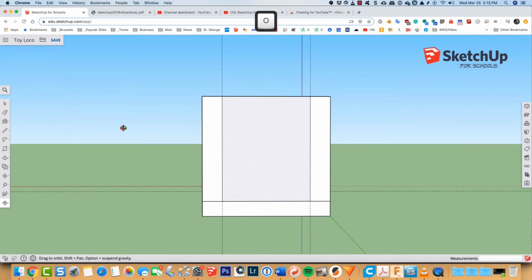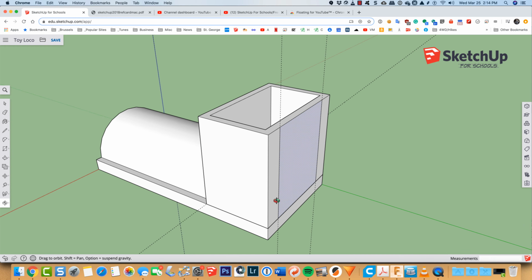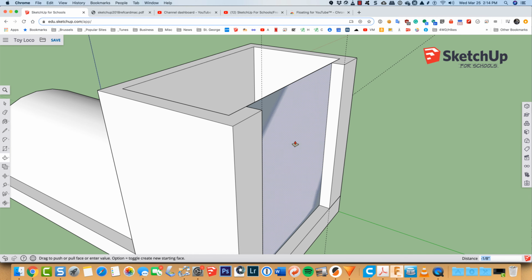So O for orbit. And I've created that face, and now watch this. I am going to cut or remove geometry using the push-pull tool. So P for push-pull, I'm going to grab this face, and I'm going to start to push it in. And if you zoom in here, see that dual shading? That's called inference, and that means that I've gone ahead and pushed this in all the way so that the face on the right, the one that I started with, is touching the one on the inside. And when I left click,